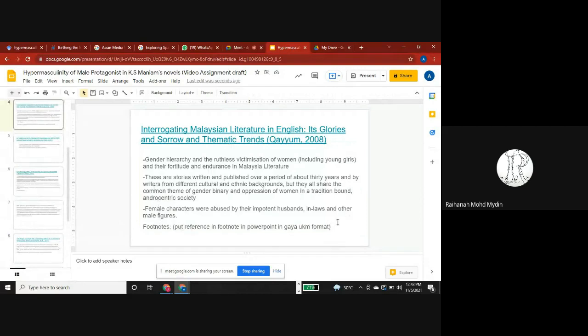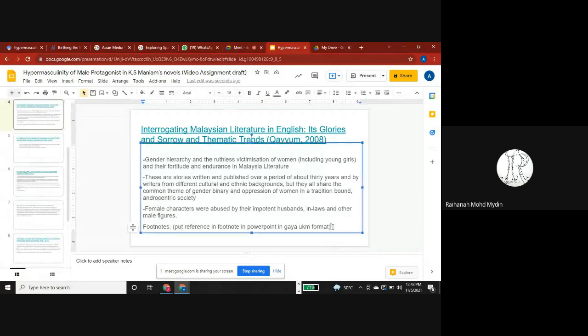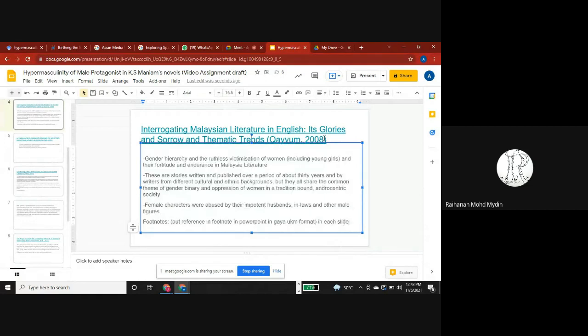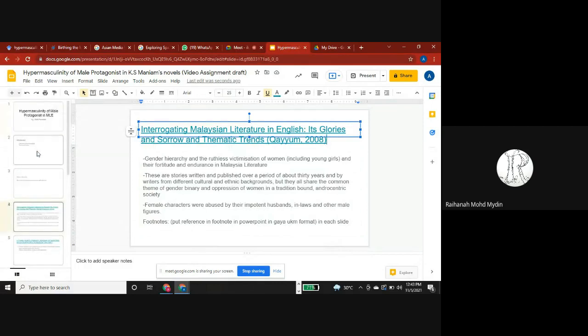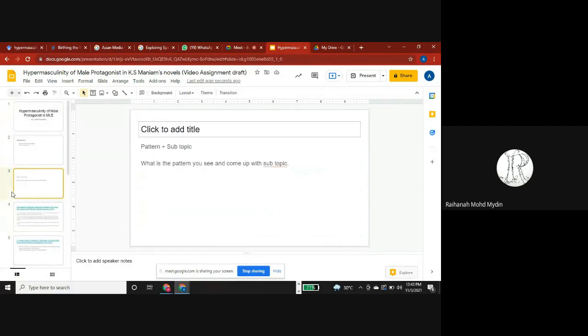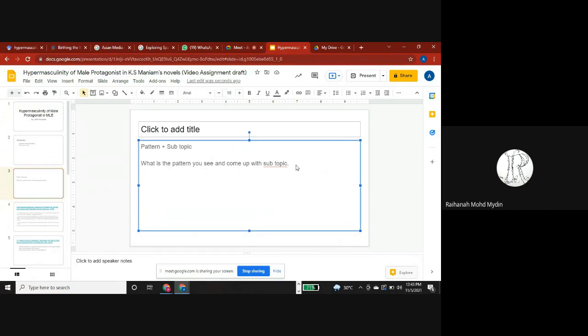And the second thing is you need to ensure that the heading of each slide identifies an issue that you want to talk about. Remember, this is a review of the topic you have chosen. So the topic you have chosen is hypermasculinity in MLE. So I wouldn't even say hypermasculinity of male protagonists. So just hypermasculinity in Malaysian literature in English. So,